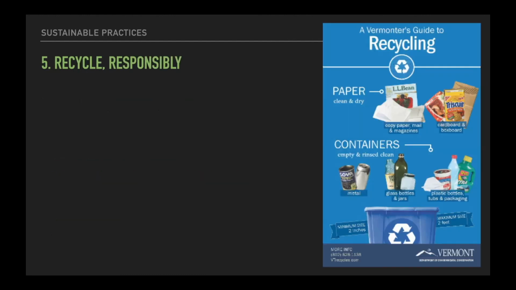And then step 5 is recycle, and recycle responsibly, which you guys are already doing. And I loved seeing that. So in the quiz, most of you guys are rinsing, which is awesome. If you're recycling your plastics, make sure that you rinse them first. When you're recycling paper and cardboard, they have to be dry and clean. So dirty pizza boxes, you can't recycle. But there are certain companies that have that material on the inside where you can throw away the material and then you can recycle the cardboard box. But it's going to vary by where you are, of course.